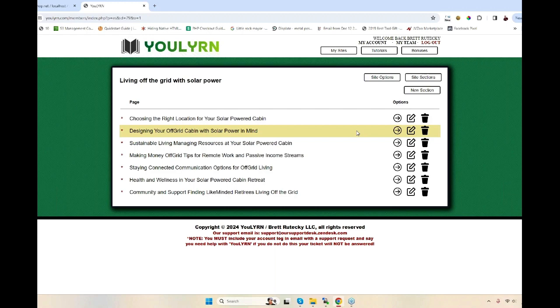Now I can sit here. I can go get a cup of coffee. I can go get some breakfast. I can come back in an hour or two, and AI will have automatically created this for me. I can create all these pages automatically by itself. It will take some time because it has to go through each one for each member. There might be a bunch in queue, so it does take a little bit of time for it to automatically